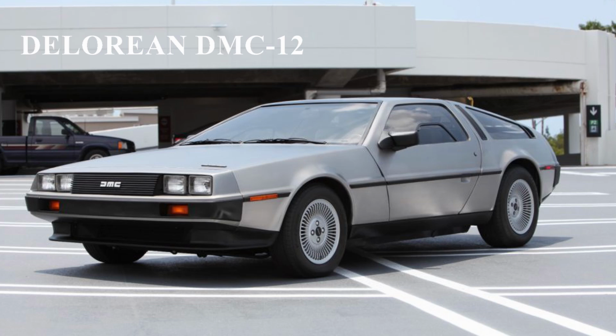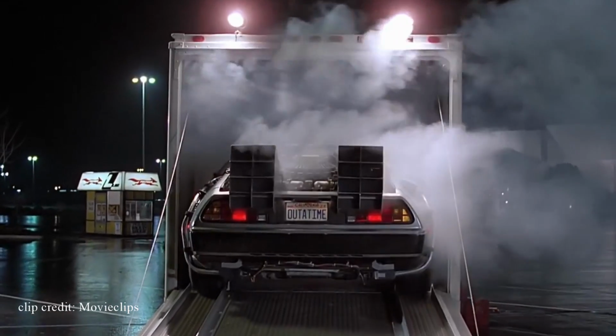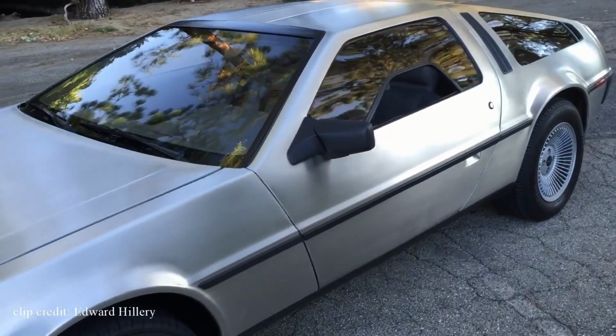Next car is a DeLorean DMC-12. This car doesn't really need an introduction. It appeared as Marty McFly's time machine in the Back to the Future films back in the early 80s and early 90s. It hurts me to mention this car in this video because it's such an iconic car today, but it had to happen. Strip away the rocket boosters and the time travel abilities and you're left with a car